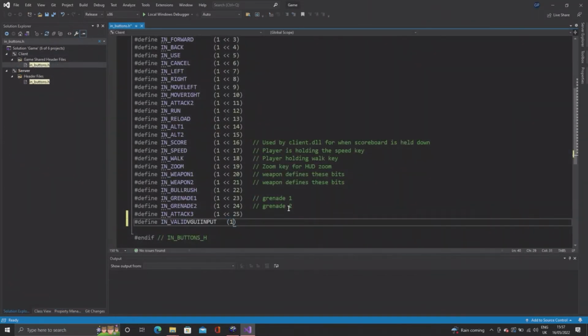in_buttons.h, and near the bottom of this file you want to add #define IN_VALIDVGUIINPUT, and then in rounded brackets 1, then two less-than signs, and whatever the next number in sequential order is. So in my case it's number 26. Then you want to go to